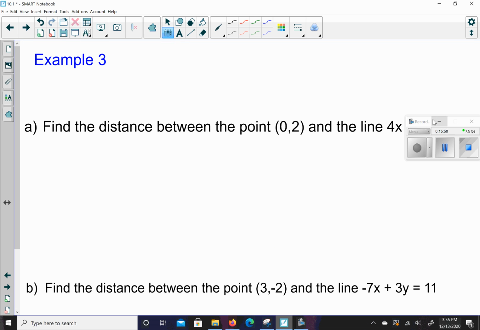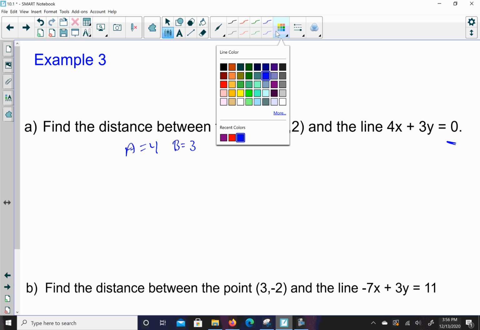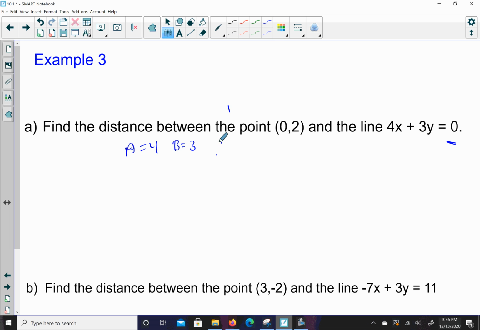Find the distance between the line 4x plus 3y is equal to 0 and the point (0, 2). So I already have the line set equal to 0, which means my A is going to equal 4, my B is going to equal 3, my C, since there isn't one, is going to equal 0. Okay, so substituting in the formula to find the distance,